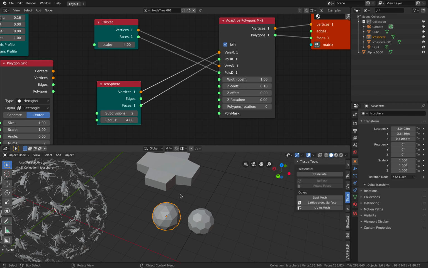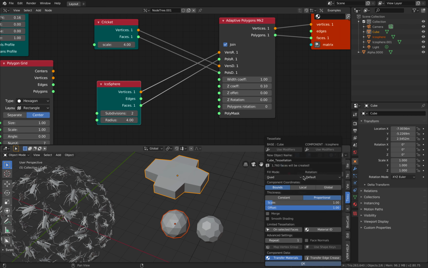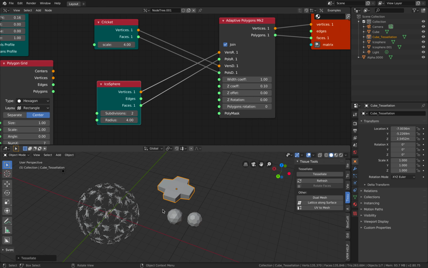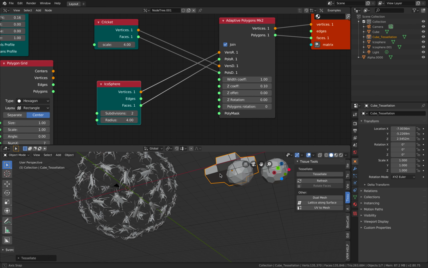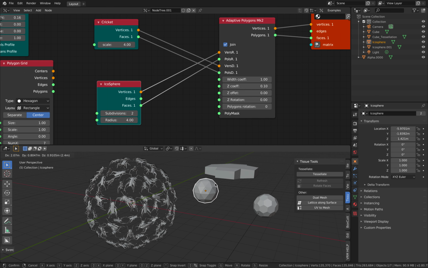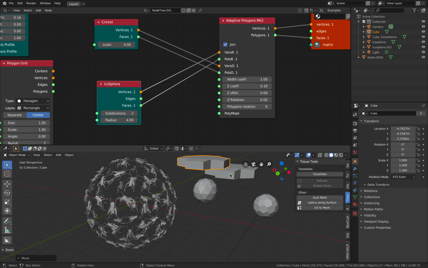So if you select the triangle and select this guy and tessellate, what's gonna happen is gonna assign these components into the cube. Cannot see in the result. Okay,